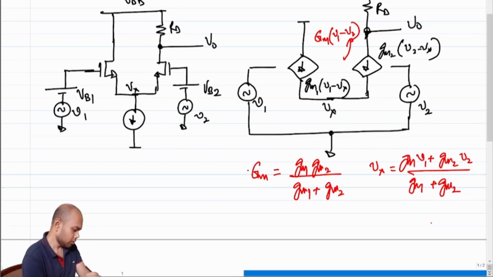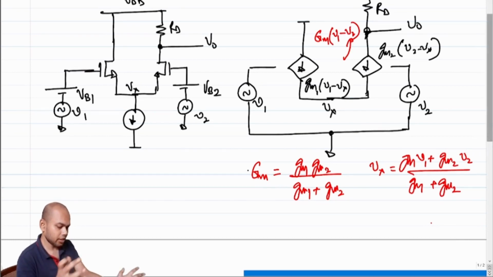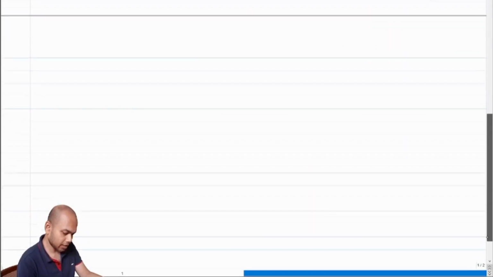So as it turns out, this differential amplifier structure is a very ubiquitous structure, and it is used everywhere. And instead of using this entire symbol each time, what we generally tend to do is reduce the footprint of the symbol and express it in a much more compact form. So what I mean by that is,